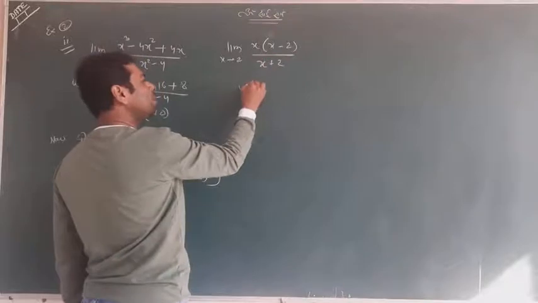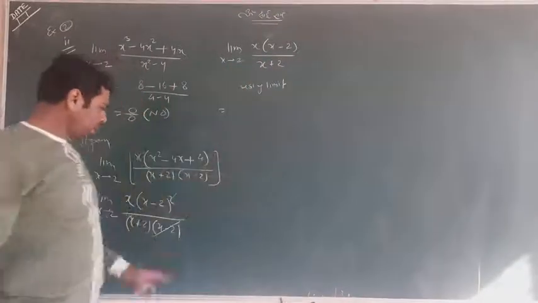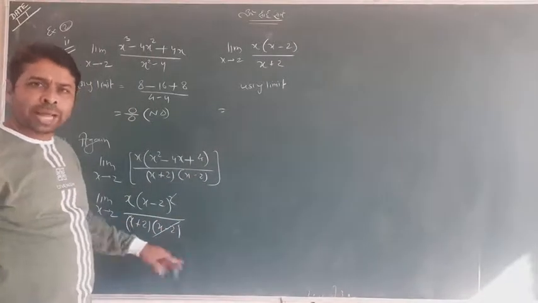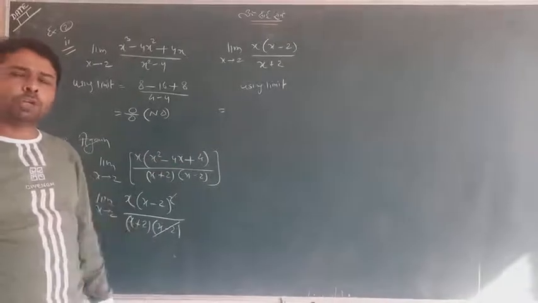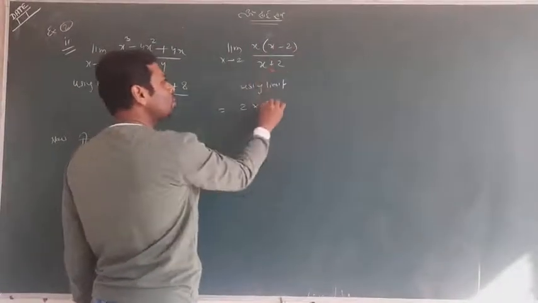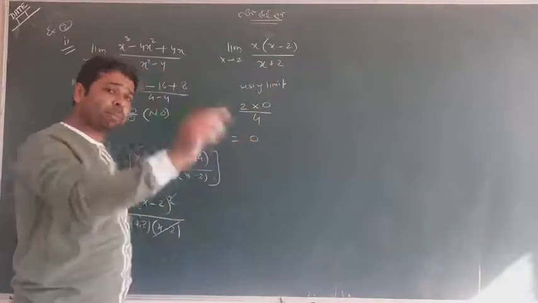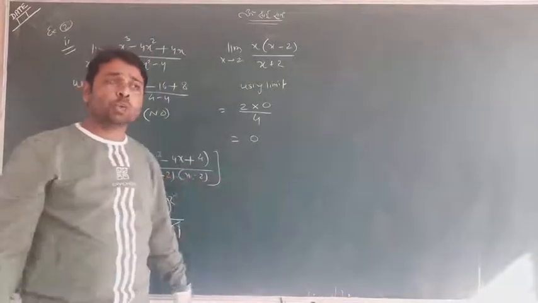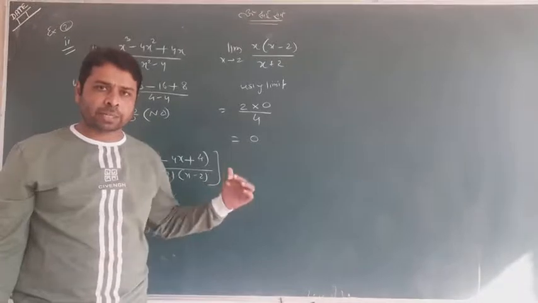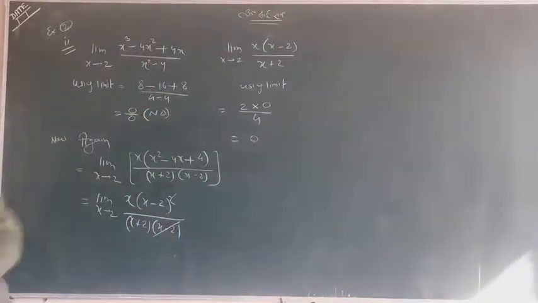Now using the limit, you know that this x minus 2 was making the denominator 0. It cancelled. Now you can use your limit directly. x tends to 2, so 2 minus 2 is 0 and 2 plus 2 is 4. The whole is 0. This is acceptable, this is an existing answer. Don't worry that 0 cannot come. 0 can come at any instant like that, so don't bother about that. So this was a simple question.